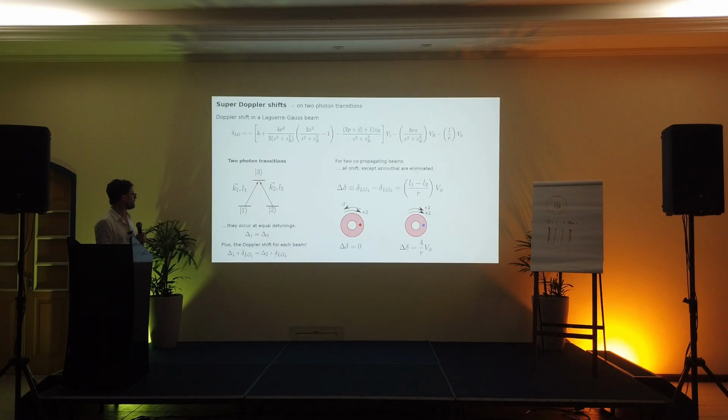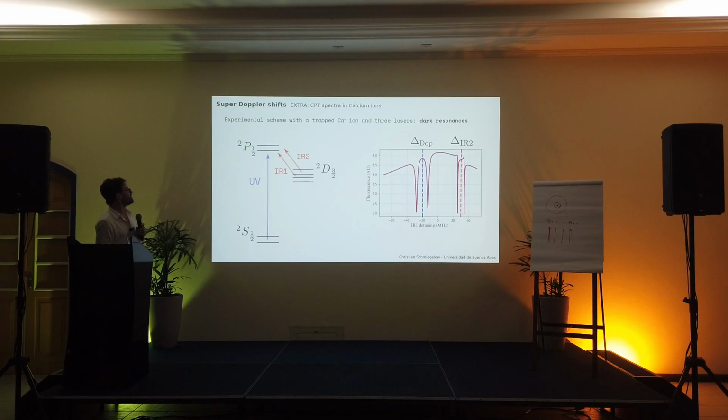Good. So, where do we see these transitions? We look at these transitions in calcium, sorry for that slight mishap. So, these are our energy levels, and if you shine these lasers, the blue laser on this transition and a couple of red lasers on this transition, we actually shine two of them here, you see that your absorption spectrum of the UV looks like this. It has a big absorption curve that corresponds to the normal absorption of this transition, but it also has these very strong dips. This here is a simulation right now, I'll show you data in a second,